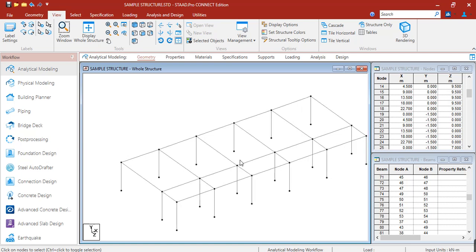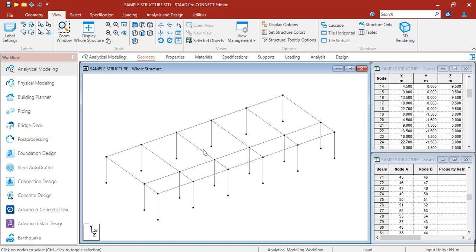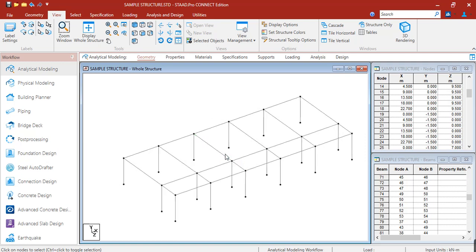Okay, so one more thing that I need to discuss is the beam incidences of the beam or of the member. If we put our cursor on a certain beam, you can see that it is highlighted in red. But besides the red color, green and blue also appear in our beam.